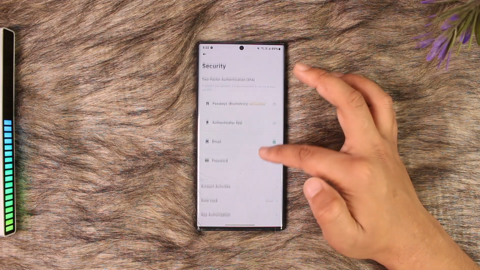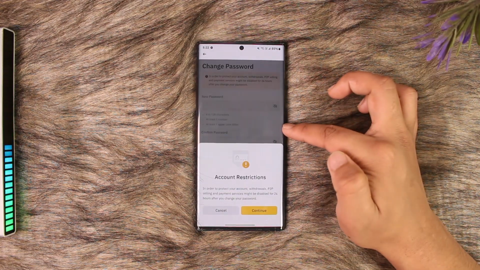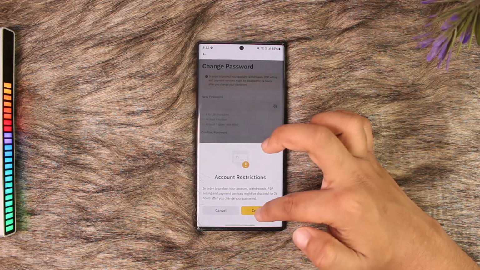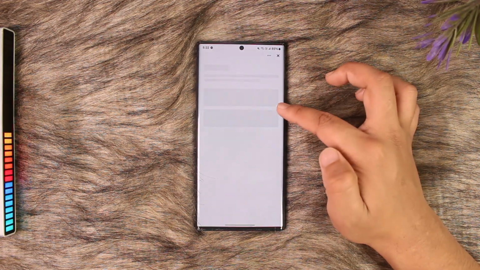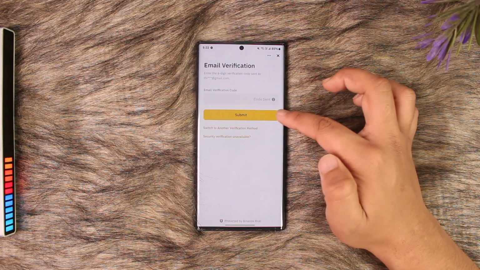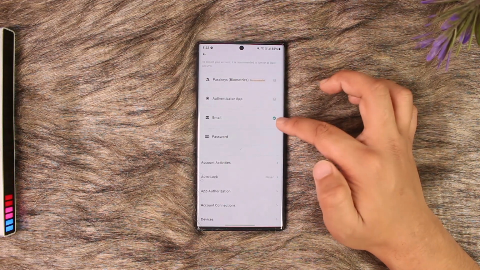Once you go to security, here you can see the option called password. Tap on the password option. Now all you have to do is tap and enter a new password and verify the email, and then just tap on submit, and once done your password will be